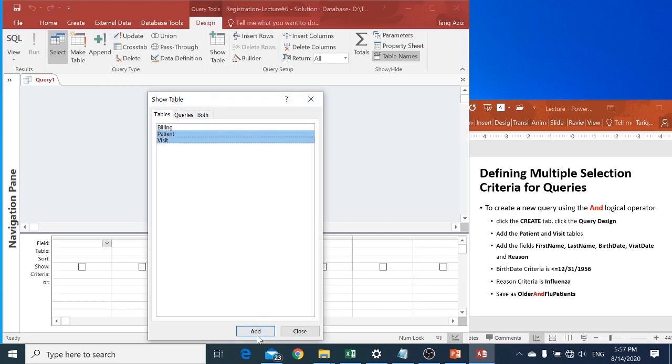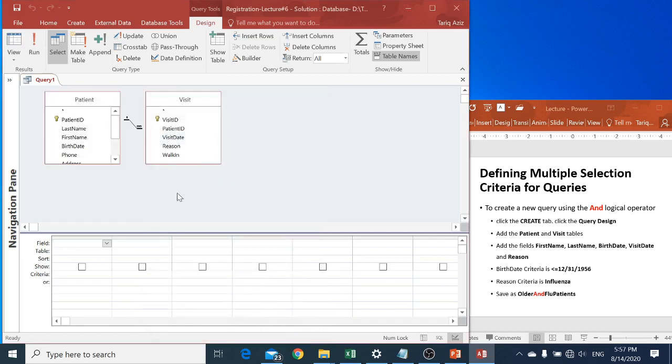I can select both tables, click add, close. Now in this one I need the first name and the last name. You see the sequence doesn't matter. Whatever sequence you put the fields in, it will display accordingly. And the birth date, and now I need the visit date from here, and the reason as well. In the birth date, I'm looking for people before December 31st,